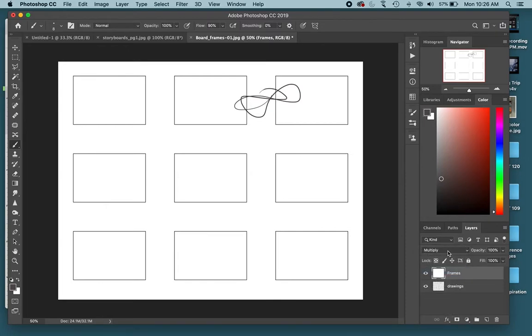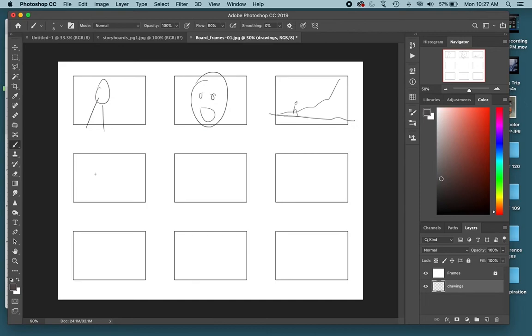So anytime you have something on top that you want to be able to see through the white, we'll also use this multiply layer when we're coloring line work. So once that's the multiply, then I'll lock it. So now I can just draw on this drawings layer. So I'm going to draw on here. I can do my close-up, my extreme close-up, my wide shot, all these different sorts of frames